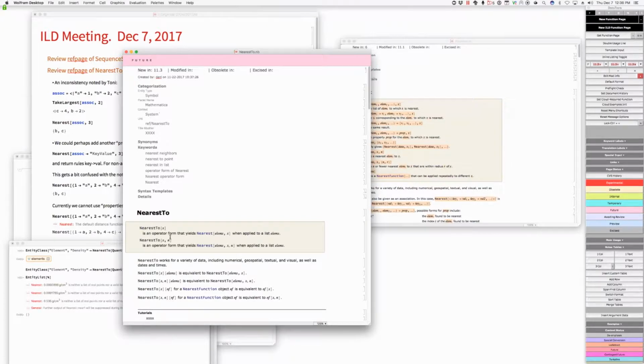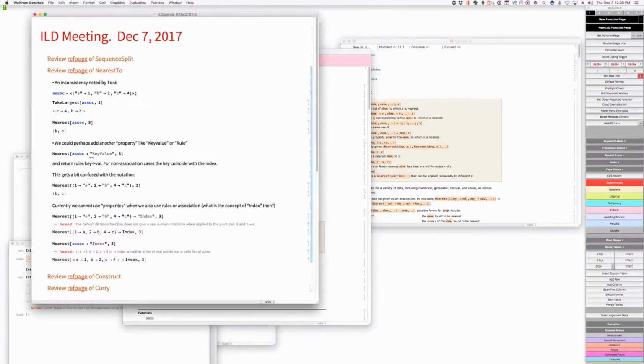No. We just wanted to mention this difference between nearest and take largest, which behave in a slightly different way. Well, right. I mean, the point is take largest is a take-like function that takes pieces of a thing like a list or an association, and nearest returns what is nearest. And I think what you're proposing here